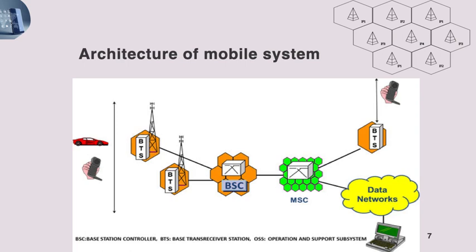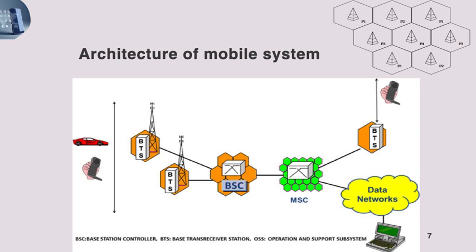On the top right hand side, the cell structure is specified. So hexagonal shaped cells are there. Each and every cell is having a base station. It's a base transceiver station. So the transmission and receiving of signals is carried out at a cell by using a tower. When a user makes a call or he receives his ringtone, then it will be communicated with the nearby base transceiver station using electromagnetic waves or radio frequency waves.